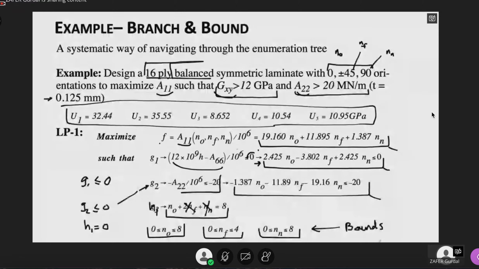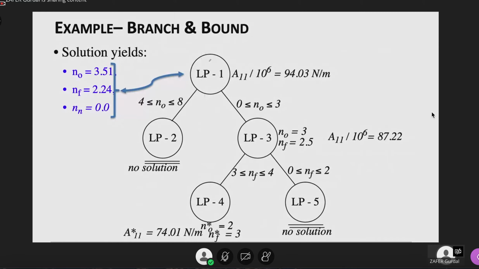Okay. Now, this is a linear programming problem that any decent engineering software will solve as a linear program. And it does. I'm going to show it later on. When I solve this problem as a linear programming problem, not an integer programming problem, I get a solution that says the A11 that you can get is 94. And the number of zeros is, you need 3.51 plies of zeros and a pair of 2.24 45s and no 90s. That will give you a maximum of A11 equals